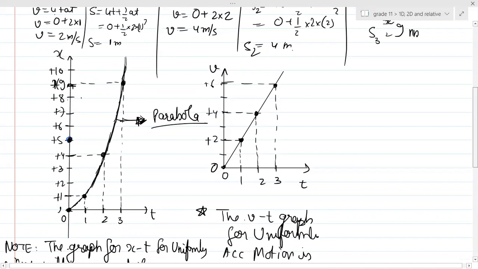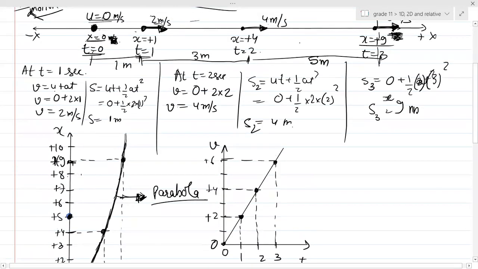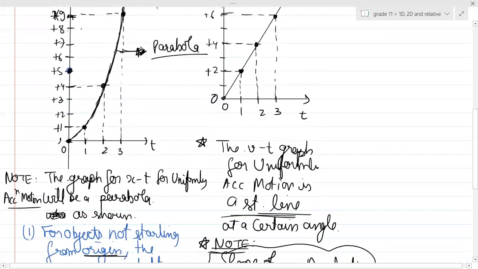If I would have taken the initial velocity as, let's say, 3 meter per second, then in place of this u, I would have written 3. So can you see everywhere I will just add this 3, 3, 3, 3, 3, right? So what will happen? This graph will shift upward. Is this clear? Also, this parabola would not have become this smooth. It would have become much more steeper. If there is certain initial velocity, then this xt graph would have been something else. Is this clear? Yes, sir.